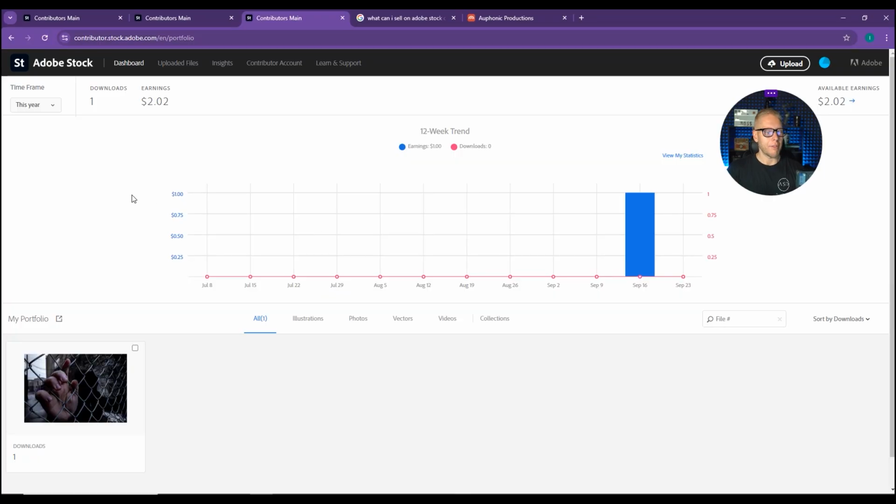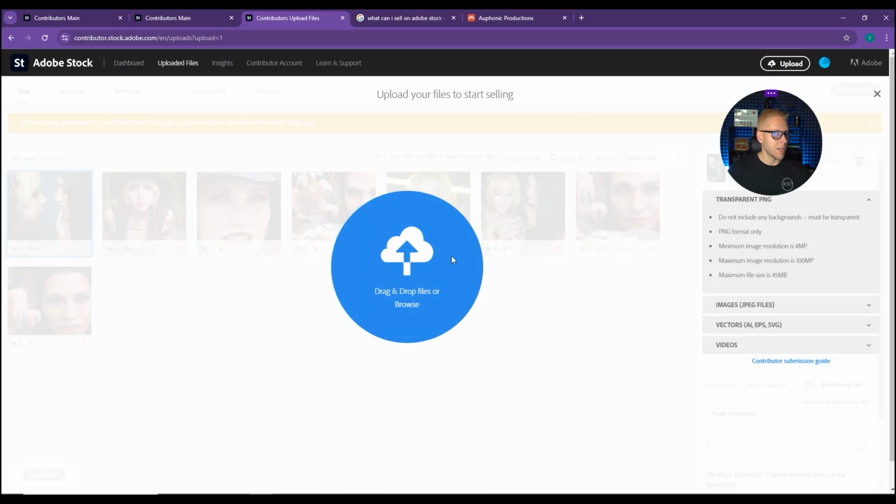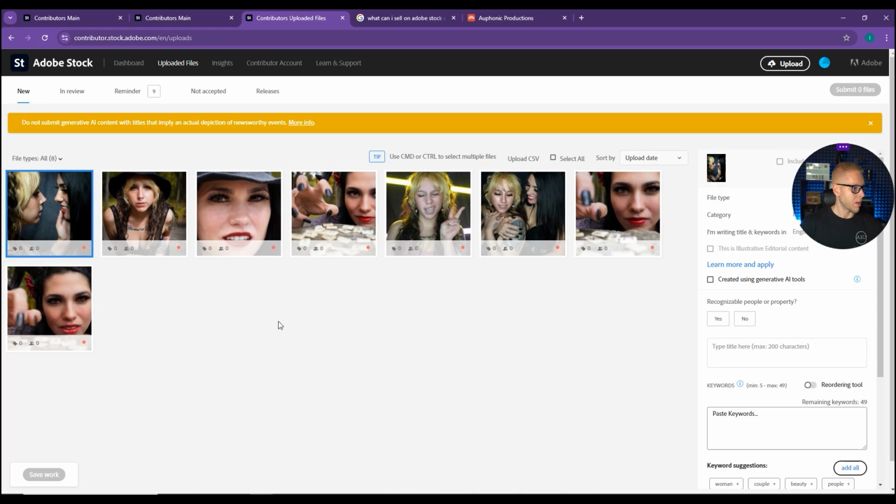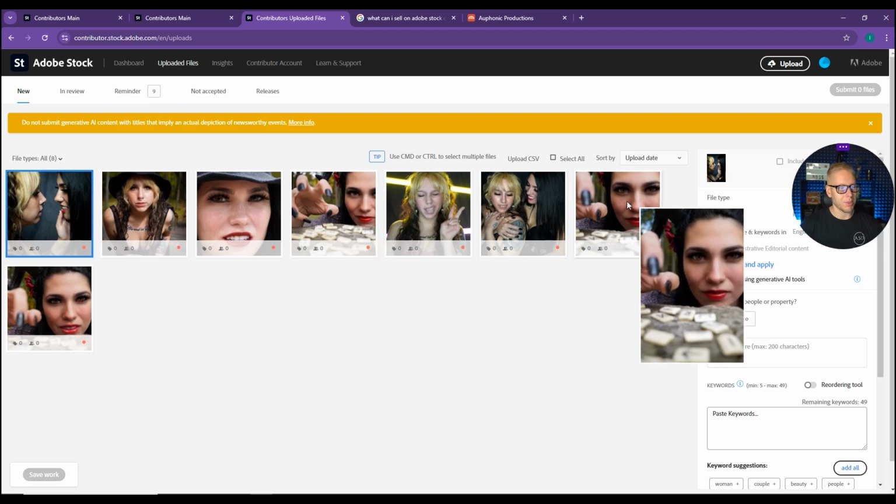If you're going to do people though, if you're going to get paid for taking pictures of people, you just need a simple model release, and they do provide that. So if I go over and hit my uploads and look at some stuff that I did that I didn't have release forms for, let's see if I can get into it right here. Drag and drop files. Okay, get off me. All right, so if we look at some of the stuff that I didn't have model release forms for,